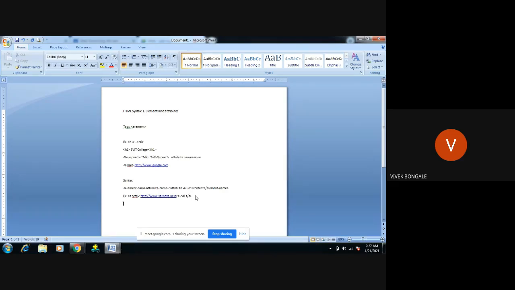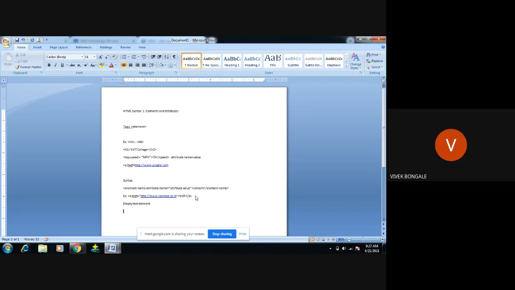Then we have one more type of element in HTML, that we call an empty text element. Empty text element means we are going to use some tags, but after using the tags, there will be no content or any value for the browser to execute.